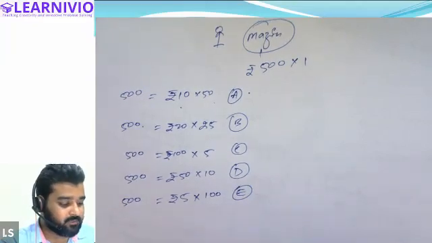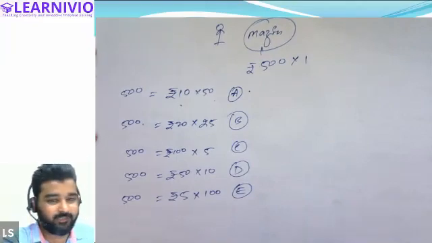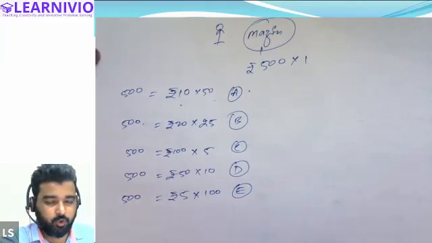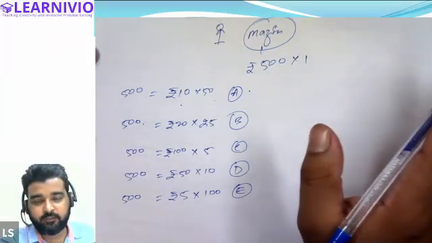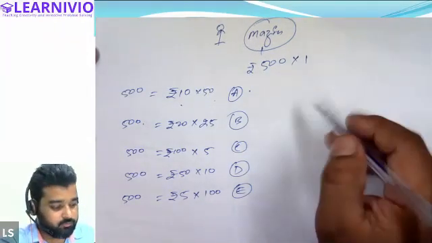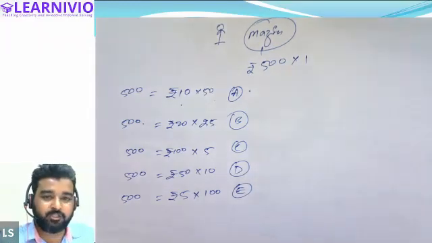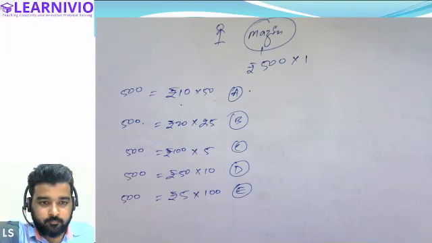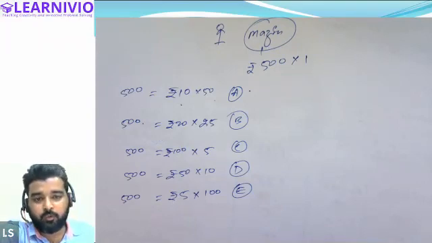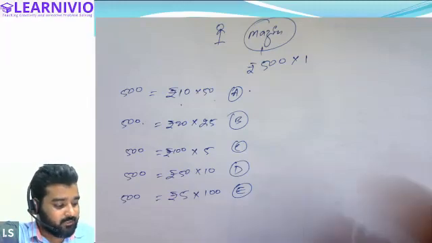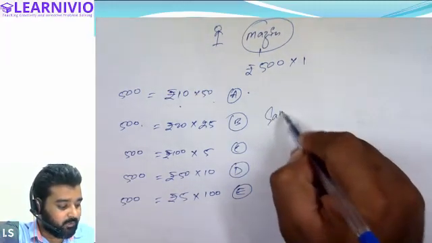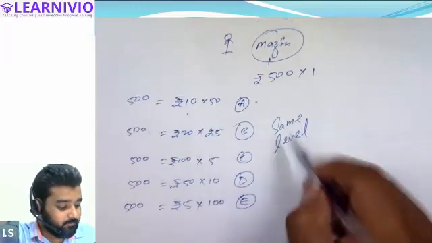So can you tell me, Mazen, which combination is giving more satisfaction to you? Which combination of notes will give you more satisfaction? Your answer should be that any of the combinations will give me the same amount of satisfaction, right? Yes. Are you going to give any special preference to any combination? No. The amount that you are going to receive is equal in any combination. Hence, every combination is giving you the same level of satisfaction, right? Same level of satisfaction.